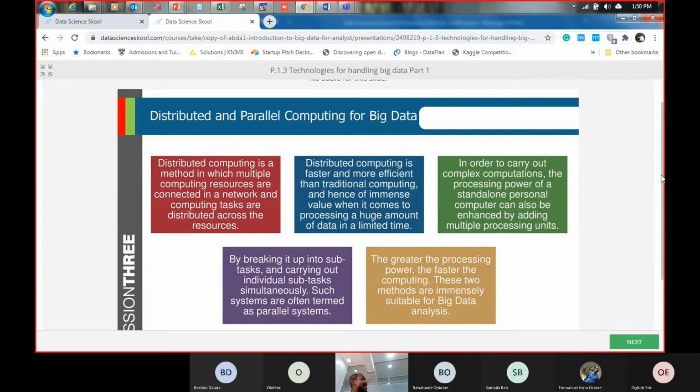Now, when you buy a computer, it may be a dual-core processor. There is also a quad-core processor. What it means is that the computer has 2 processors in it. If it's a quad-core processor, it means the computer has 4 processors in it. That is the concept of distributed computing that they have built into this. This computer has about 4 processors, and if you have a job to be done, it will be distributed among all of those pieces. The more processing power you have, the faster the computing, and that will be more suitable for big data jobs that need to be done.